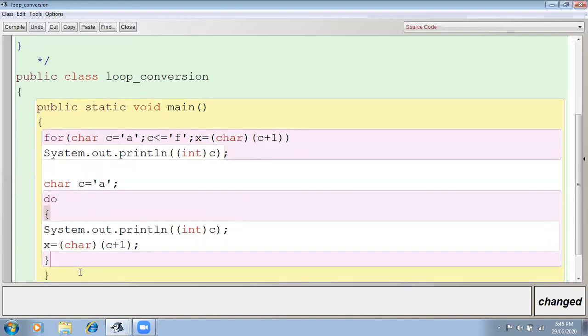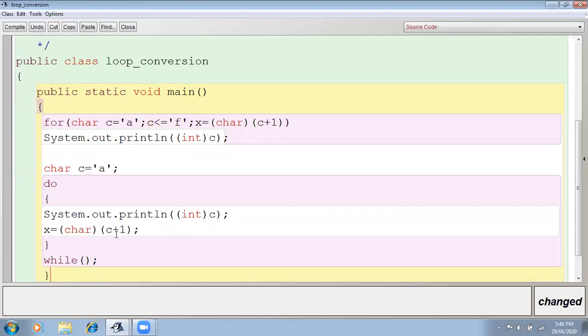Okay. Then after that, test condition. In the do while loop, after this body we are using the while, and in this while we are using the test condition. So what is the test condition? c less than or equal to 'f'. Okay, so this is your test condition, right?